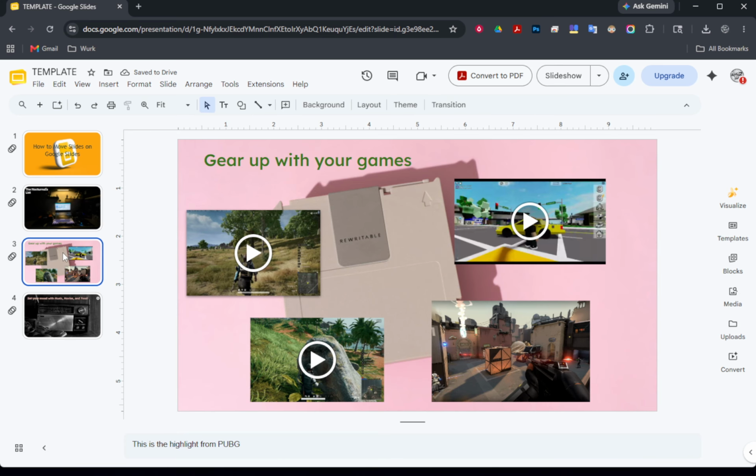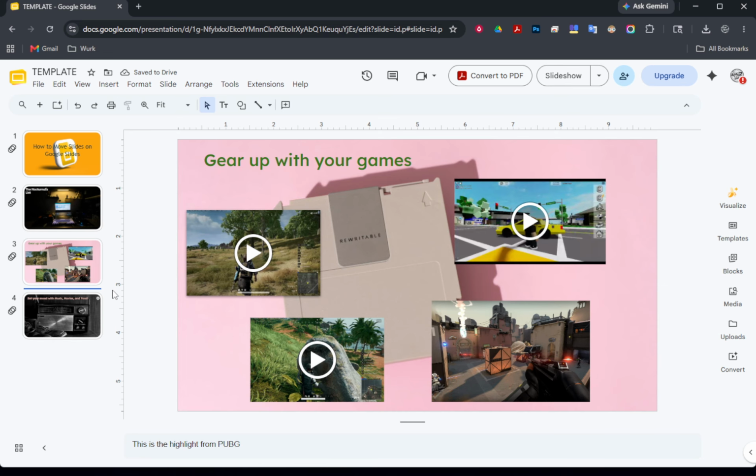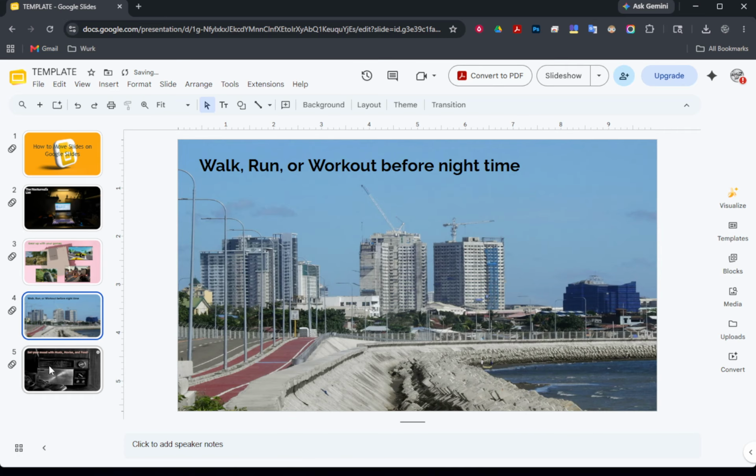It's on your clipboard. Next, click the new position in the left panel. A simple way is to click the slide you want your moved slide to follow. Finally, press Ctrl+V or Command+V on a Mac to paste. The slide will appear in its new place, preserving your content and formatting.